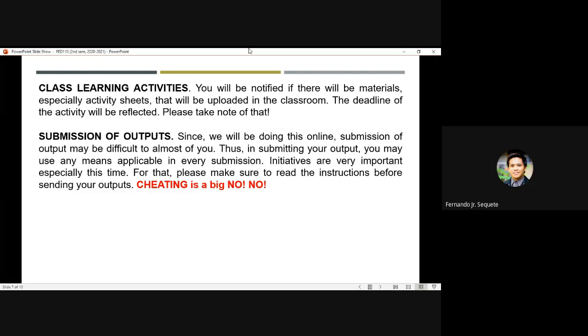We are fostering here, and one of the highlights of the topic in technology is the concept of copyright. But maybe for my students here, or whoever your teacher was in CPE 107, we did not discuss that last semester because we had a problem with time. We were busy because of the accreditation and so on. But we have to foster authenticity for this particular subject. That is why cheating is a big no-no for me.